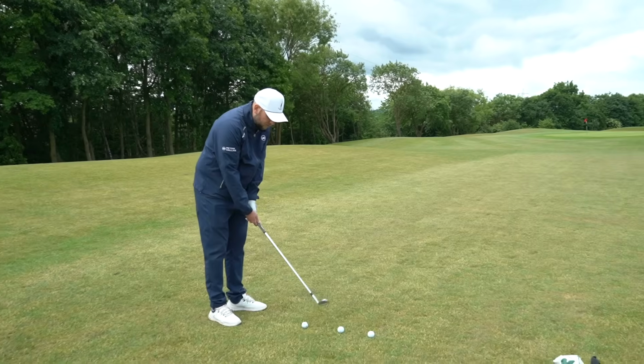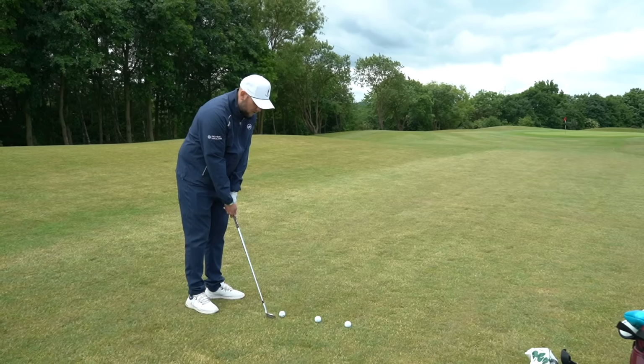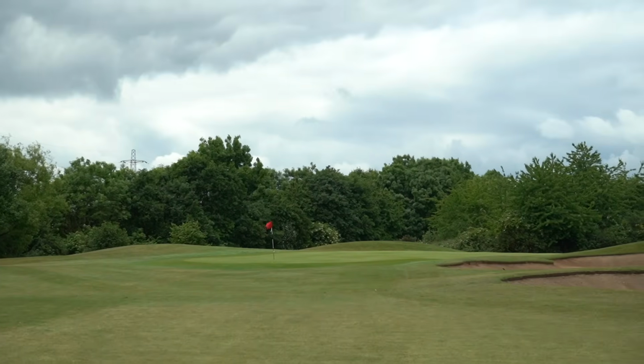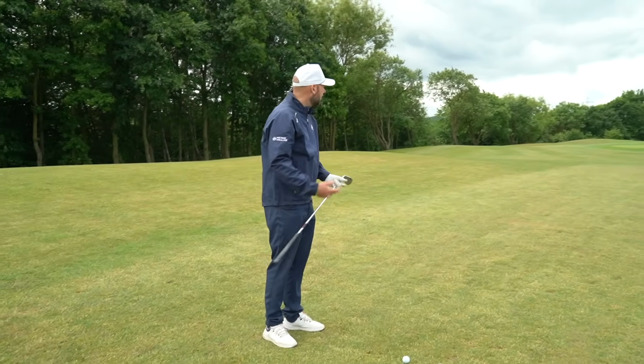So once I'm in this position here, you might be thinking, okay, well, what am I trying to do from here? But you also might think, when you practice this, you'll be like, oh, well, I can't really get my energy into it, but that one's done really well. That's gone nice and high and just reached the front edge of the green. But you're like, well, I've had to put a lot of effort into that,